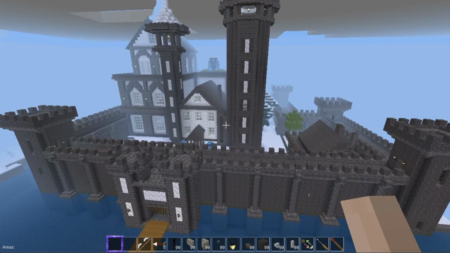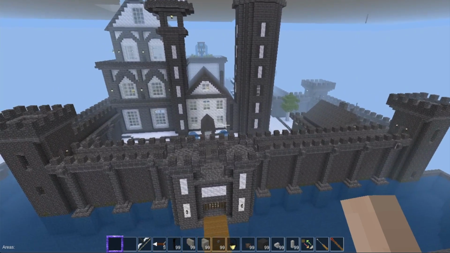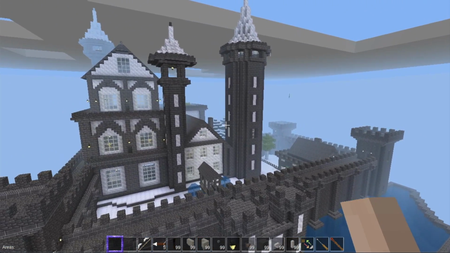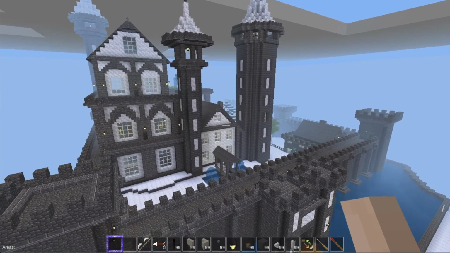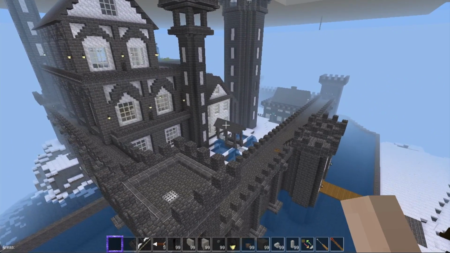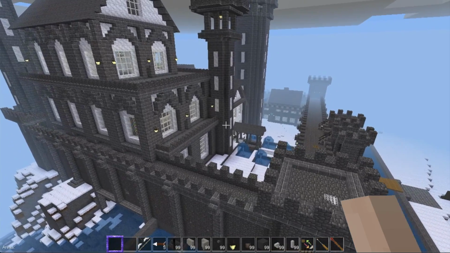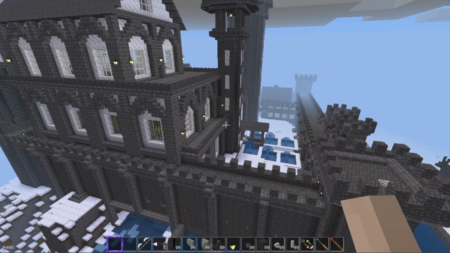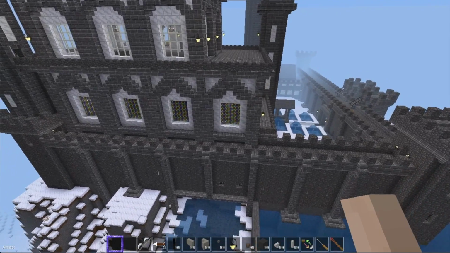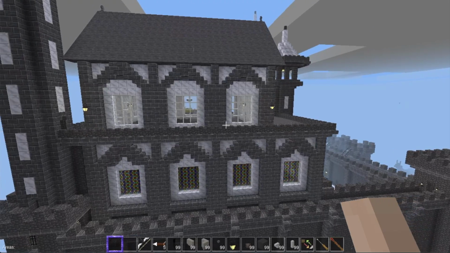So here is my medieval castle. You can get the overview of it. It's a nice castle. I designed it. The Emoji Castle I built from a tutorial, but it's still one of my favorite builds. So this is my own attempt at a castle, and for all intents and purposes, it works fine. But